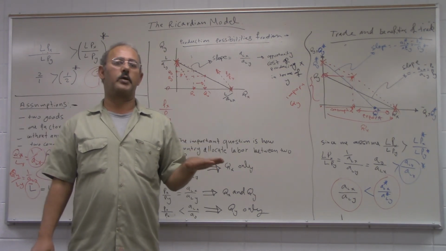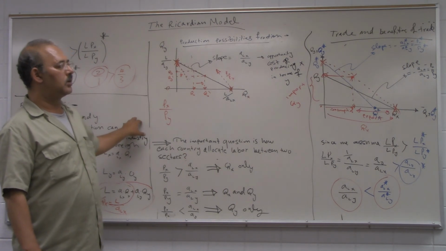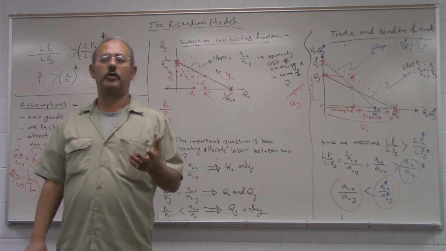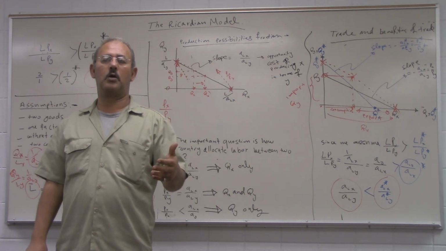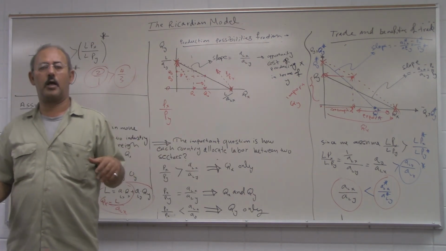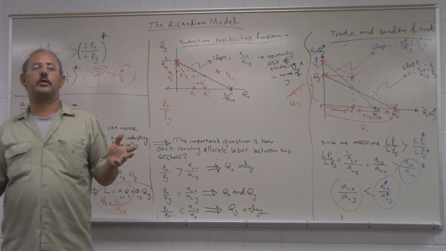Why did this happen? Because in this model we assume just one factor of production, but we'll see later in other models when we allow for more than one factor of production. In the real world, there are more factors of production like